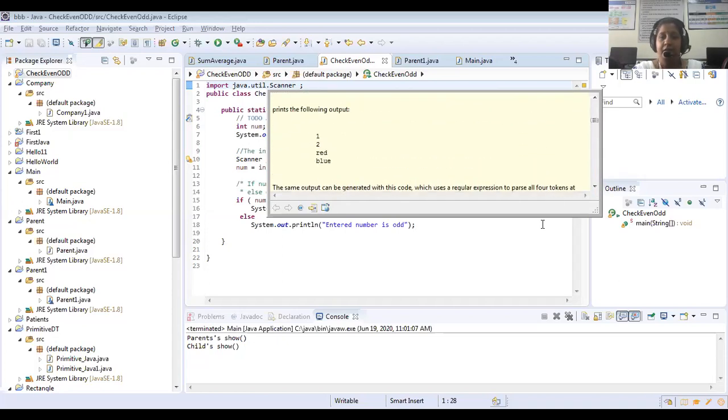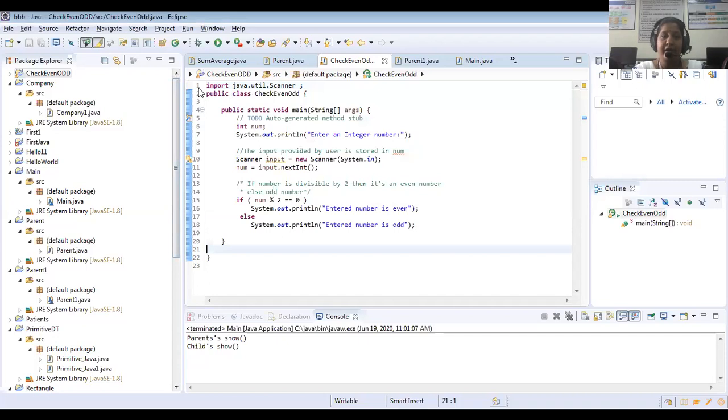Now we will discuss this program. I have imported java.util.Scanner. If you write java.util.* also, it does no harm. Whatever classes the util package has, you can utilize, and all the methods you can use. Next, public static void main(String[] args), which you already know. So my execution starts from here.